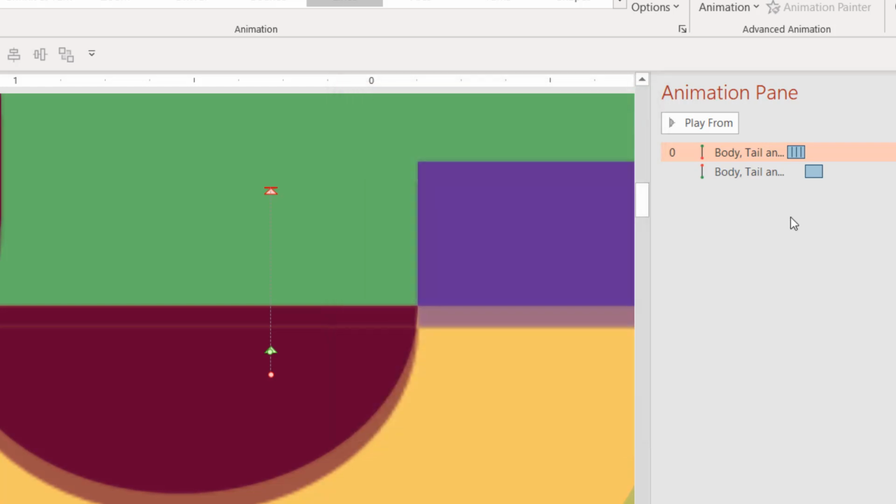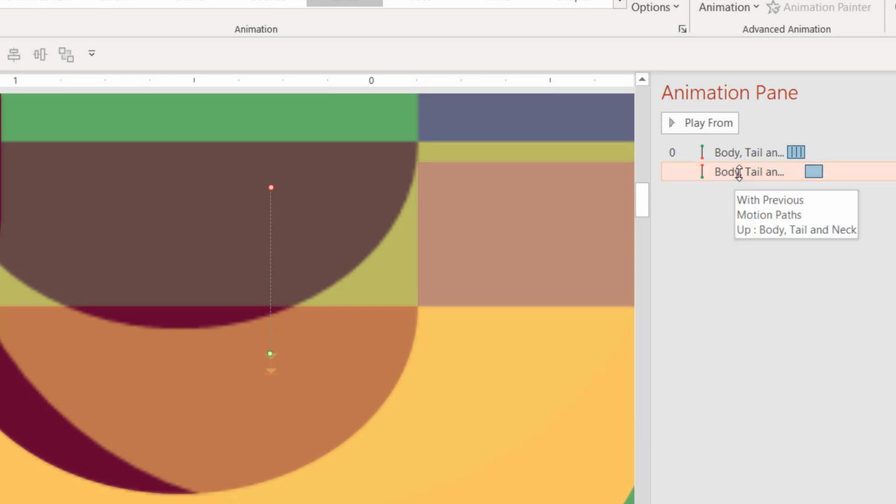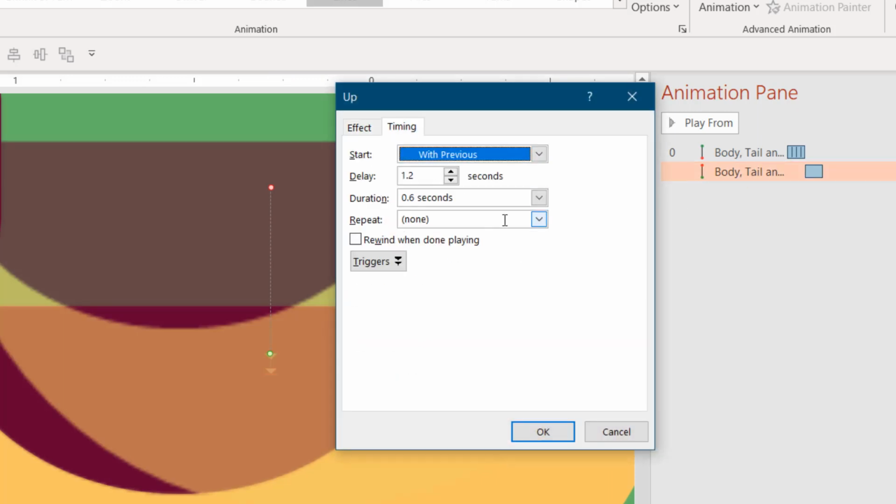So hit the OK key, and again I am applying the motion path, and that time I am using the up motion path because we want to move the body up a longer path. As you can see here, the ending point is right here, and then we want it to fall back to the same position. So if you see, the timing of this animation is 0.6 seconds, and there is a delay timing of 1.2 seconds. After 4 up and downs, then we want this long motion path to work. So that is why I have added 1.2 seconds delay here.